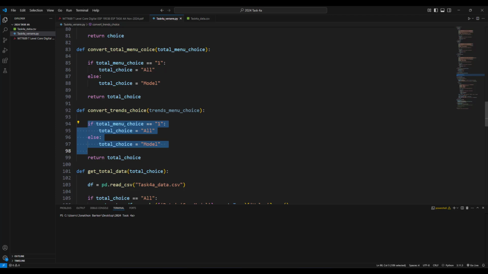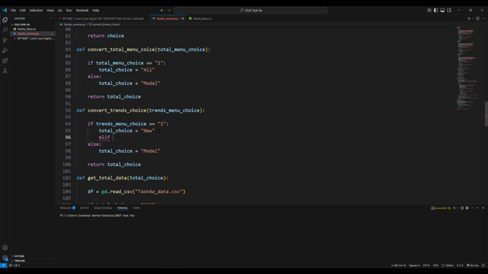We'll fix the code down here first, and then we'll go back and make sure we called it properly, because that is quite difficult for students to get their head around. So let's go. Trends menu choice. So if the menu choice is 1, we said that was a new car. Okay. Elif trends menu choice is equal to 2, then